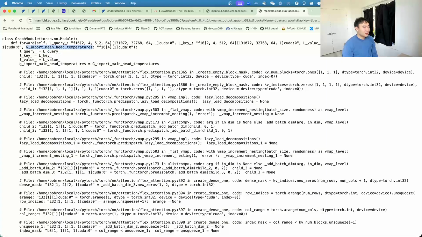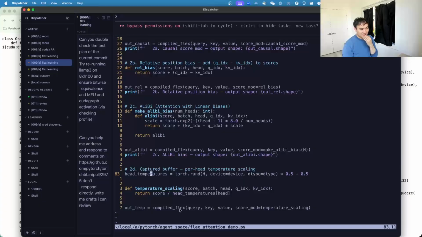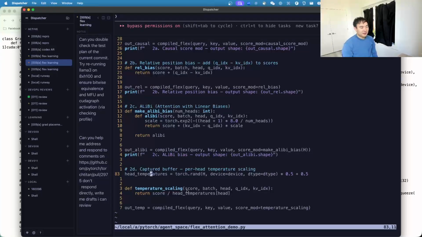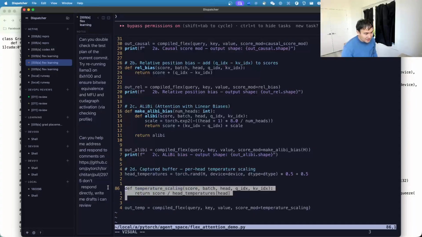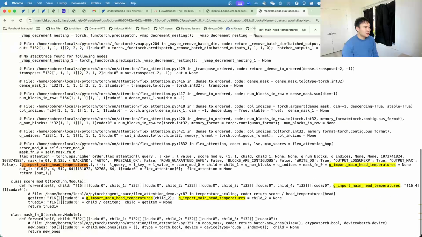Yeah. So you can see here this G import main head temperatures thing. And this is Dynamo arranging the bytecode so that every time you run this compiled flex thing, it has bytecode to basically have this as a graph input. Okay. It's quite interesting actually. And then it's interesting because this is, okay, let's see actually. So what is G had